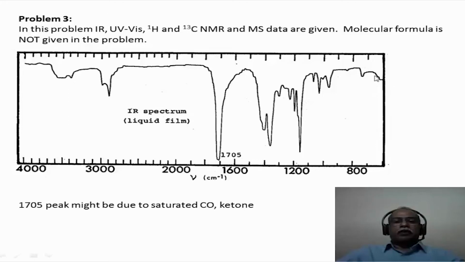This is the infrared spectrum of this compound, and the only discernible peak that we can see for sure is the 1705 peak, which would correspond to a saturated ketone kind of a system in this particular case. So all the other peaks can be tentatively assigned, but one cannot confirm. The only confirmatory information that one can get from the IR spectrum is that it is a carbonyl compound. What you see here is essentially because of adventitious water or something present, which gives this broad peak. If it was truly a hydroxy compound, that would be a very intense peak, not a small peak like this. This is most likely due to atmospheric moisture or some such thing in the sample.